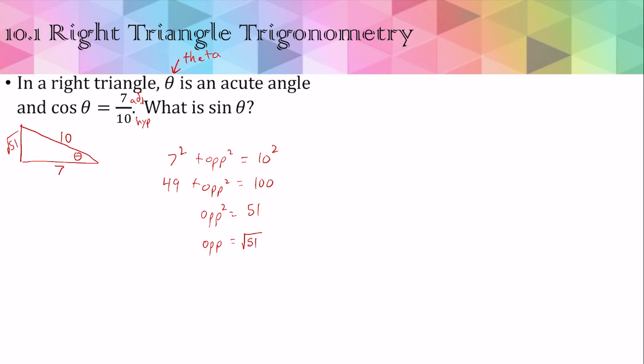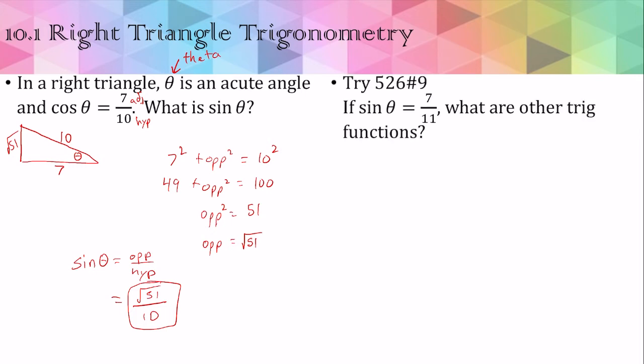All right, so sine is the opposite over the hypotenuse. The opposite is the square root of 51. The hypotenuse is 10. Why don't you pause this and try number 9? When you're done, the answers are